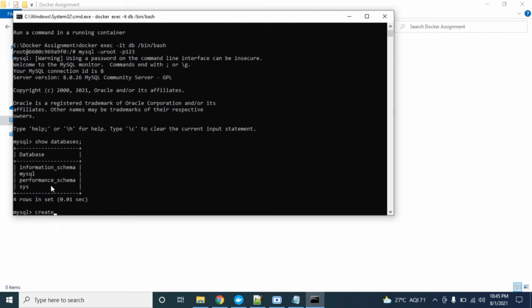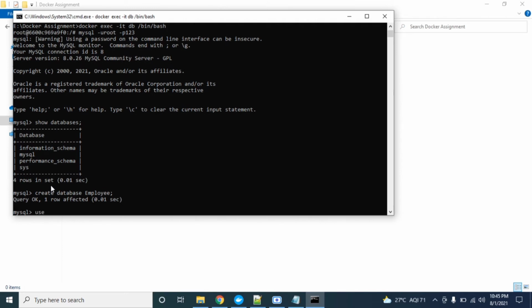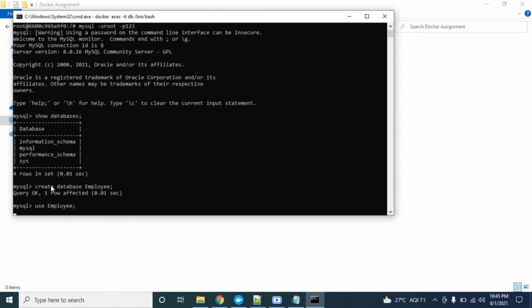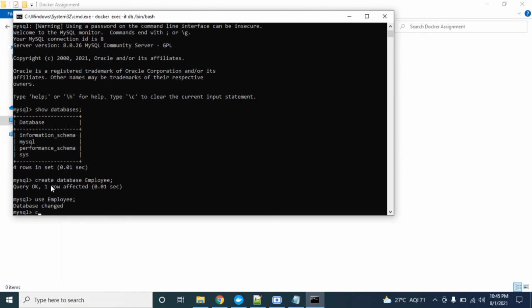Now we have to create a database first. Create database, use it, and create a table.